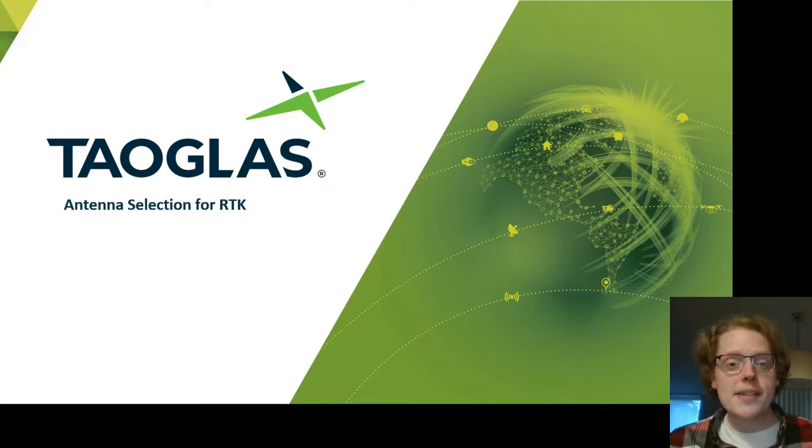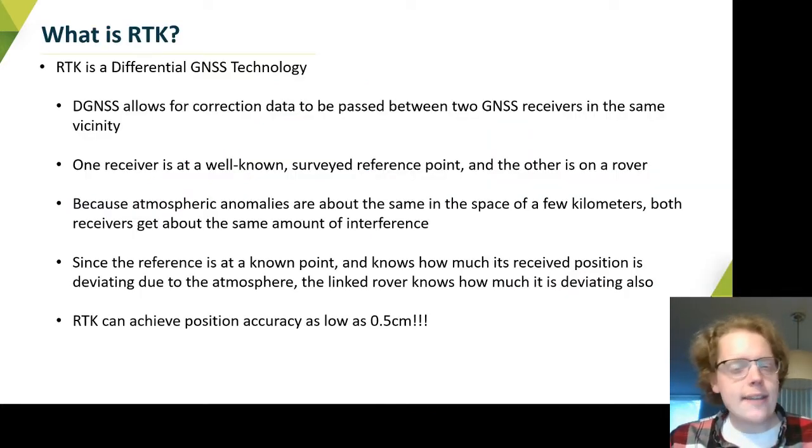I'm an FAE with Taoglas, and today I want to talk to you about RTK. So RTK is a differential GNSS technology that uses two receivers to get a much more accurate position than a standalone receiver could. One receiver is at a known point in space, so it's probably been surveyed. And when you know exactly where it is, you can correct out the deviations in your